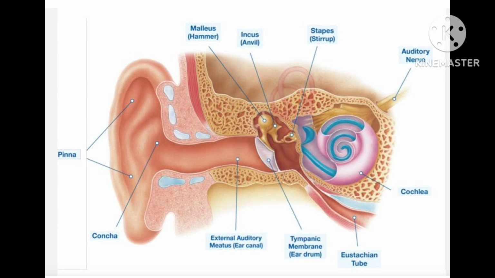And many times in the CPC exam, they ask this question: what is the smallest bone in the human body? We will think of many other bones, but it is the stapes that is present inside the middle ear. And also we have the tympanic membrane or eardrum, which is also a part of the middle ear. After that, there is one more part called the eustachian tube or auditory tube. This tube is connected to the middle ear and also